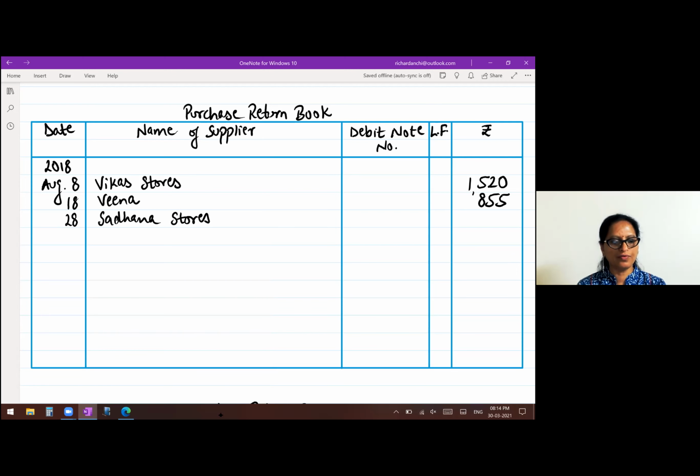Now 2,400 were sold at a profit. So that profit has to be deducted. So it means 120 you had sold for, and we have to find out 100%. So you will cross multiply and divide. So here when you cross multiply, 2,400 into 100 divided by 120. So you will get 2,000. So then you will write 2,000.